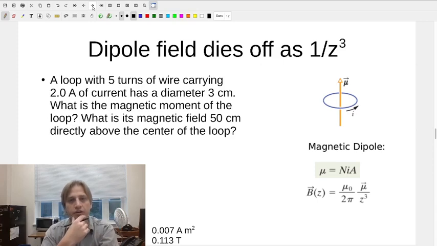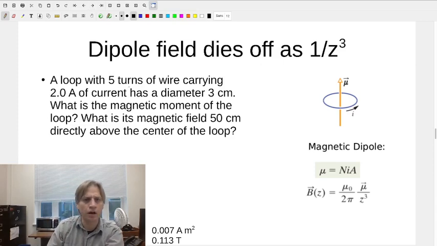Okay, the other type of model that I want you to be comfortable with is the dipole model. Here it says we've got a loop with 5 turns of wire carrying 2 amps of current, has a diameter of 3 centimeters. What is the magnetic moment of the loop, and what is the magnetic field 50 centimeters directly above the center of the loop? Okay, so if we have the magnetic dipole, we can find the magnetic dipole moment, that mu, by just using